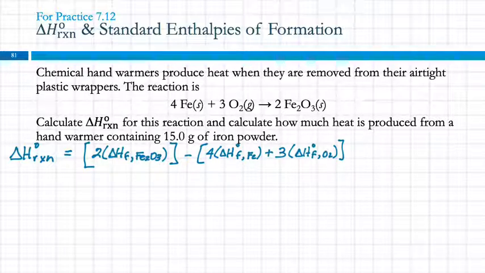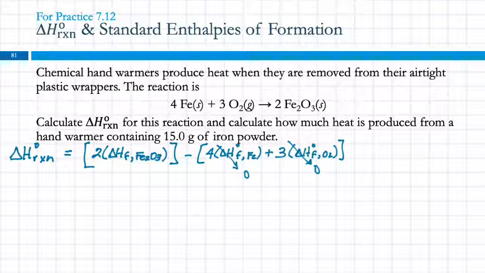But what about those reactants? Those are elements, right? They're not compounds. Are they in their standard states? Yeah, they are. So this is actually 0 because it's an element in standard state. And this is 0. We can look those up and put those in there and subtract 4 times 0 and subtract 3 times 0. And then, what we really need here is 2 times the heat of formation for Fe2O3,